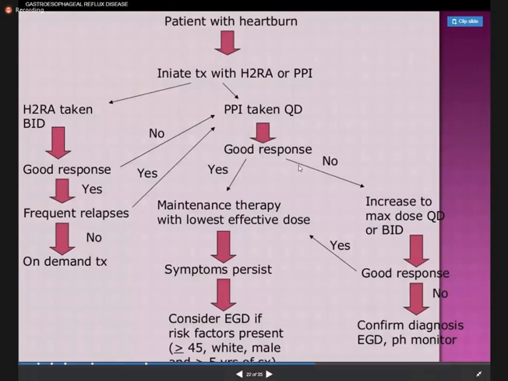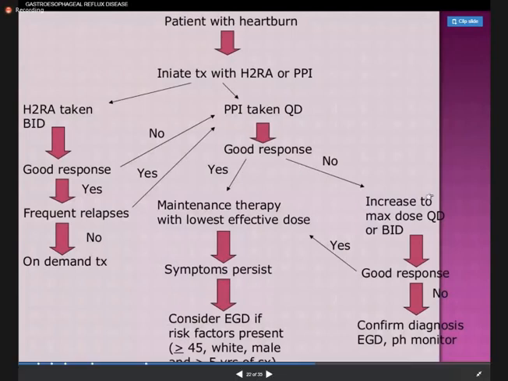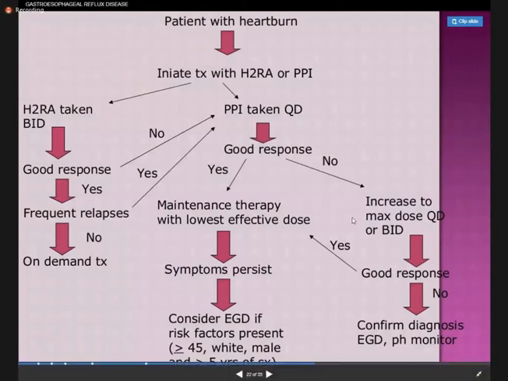Now, this is an old slide. Initially, what was advocated was that twice a day PPI is more effective than once a day PPI. Now there are certain papers, and it has been established that single dose proton pump inhibitors are as effective as twice a day PPI. So in all, if the symptoms don't go away, or the diagnosis is in question, or you have alarm symptoms, please refer for endoscopy.